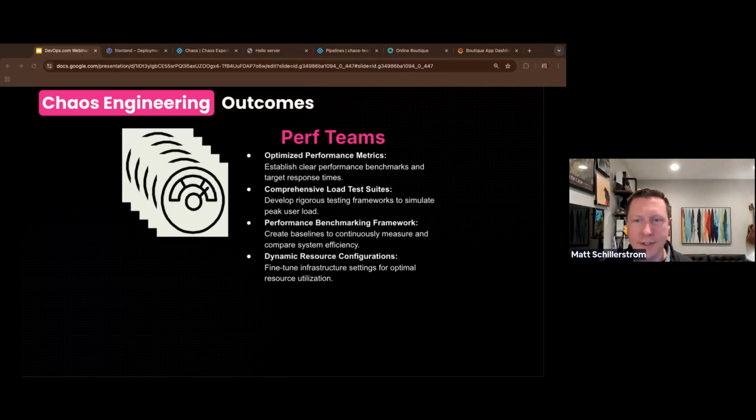Then you can also look at dynamic resource configurations. Performance engineers are always looking at what configuration and tuning their Java app needs on this container or pod or higher-level Kubernetes system. And that's where proactive chaos engineering can help you tune that and test it. So how does my application handle this failure during this network outage, for example?